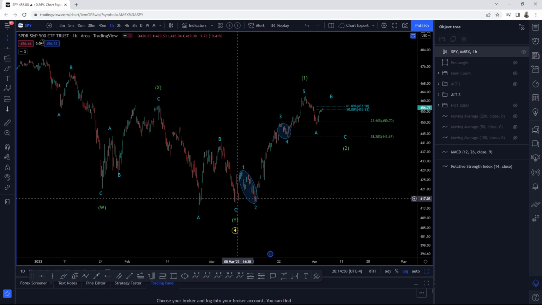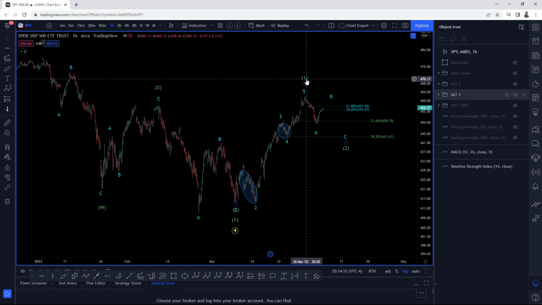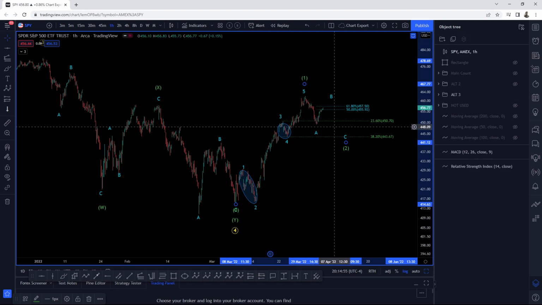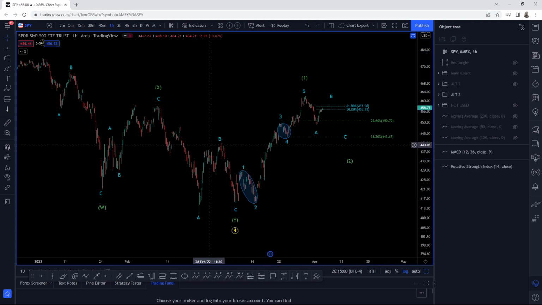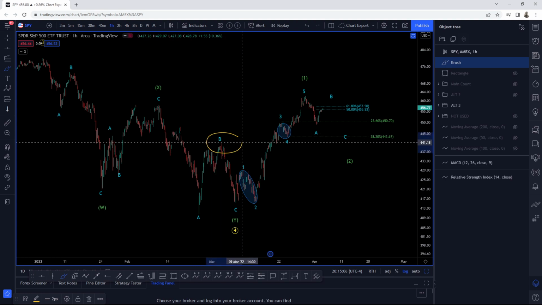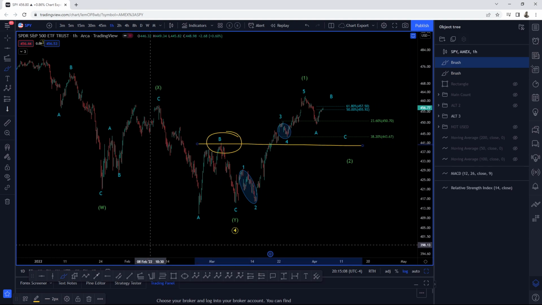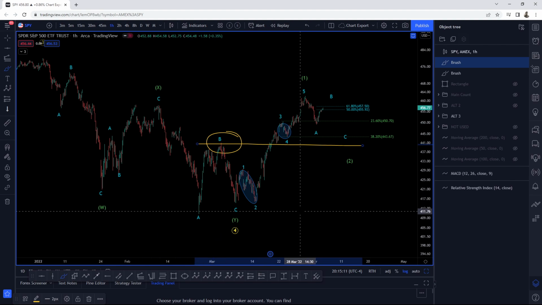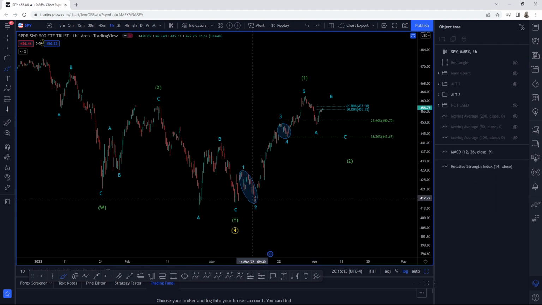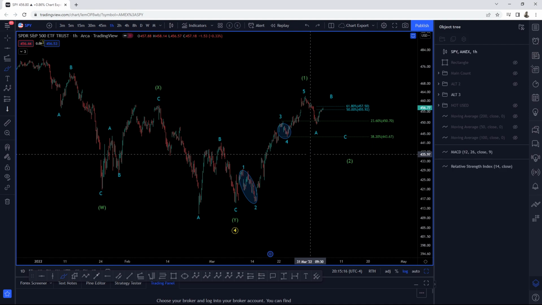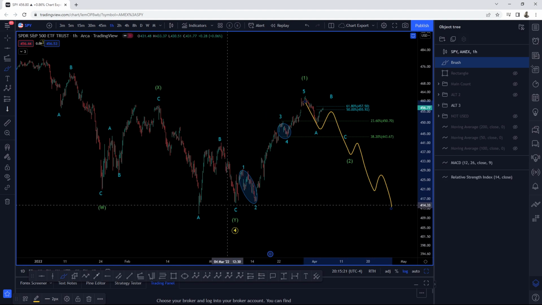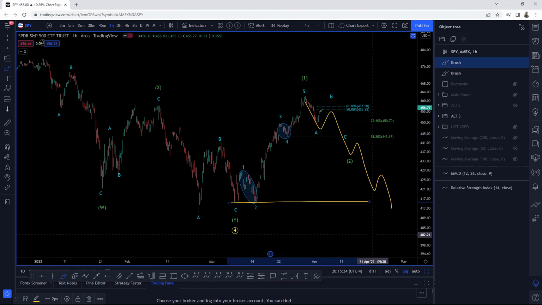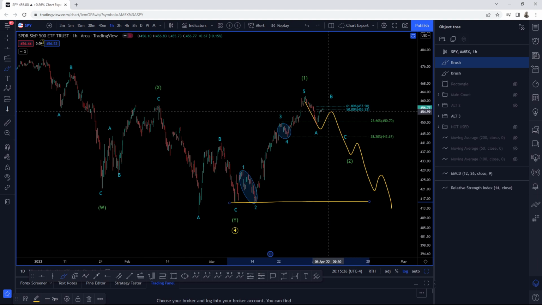So this is the case where this is the 1, 2, 3, 4, 5 completed the intermediate degree wave 1, and now we're trending to the wave B. This instance could allow for a break below this zone. Okay, that's why I wanted to make this wave structure, because this will allow for a breach of that invalidation level in the main count. Now, how do we invalidate this count? This is where it becomes tricky, because if we continue on lower, right, and we break south of the zone of the origin of wave 1, I mean, we still have a long ways to go.